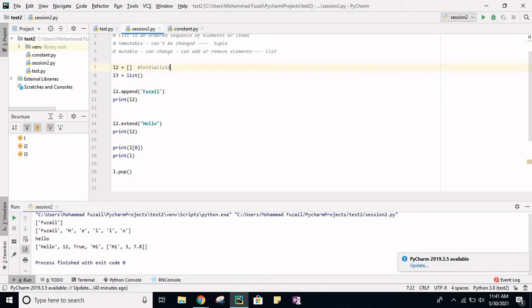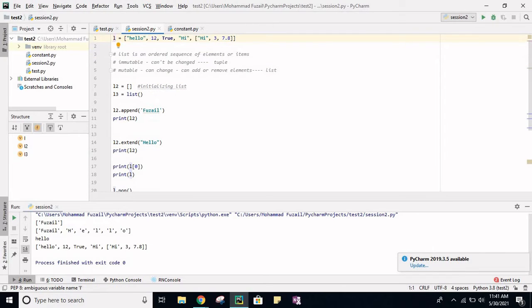If you want to add more than two elements in the list, how to do that? Yes, you can use this function extend. So what you can do,